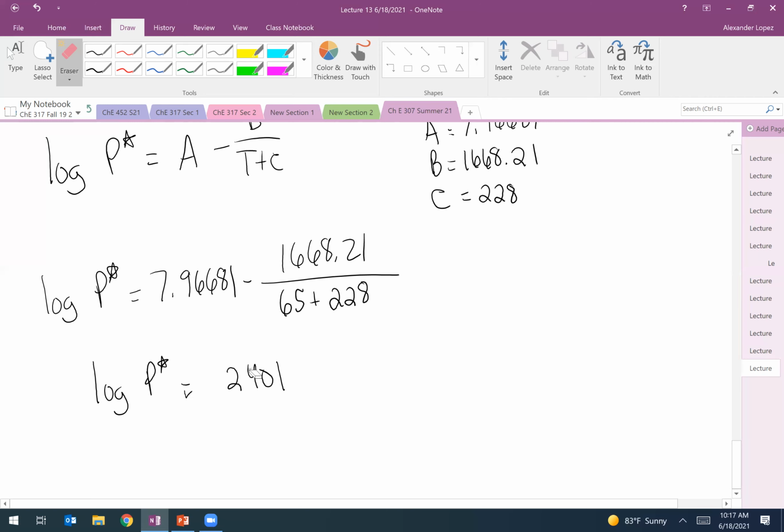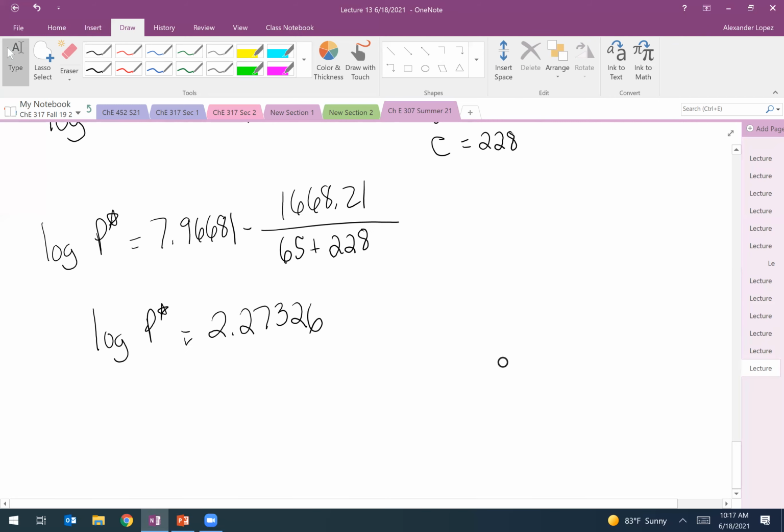This should be 2.2736. My calculation was off. There it is. That makes more sense. So my P star is 187.61 millimeters of mercury,